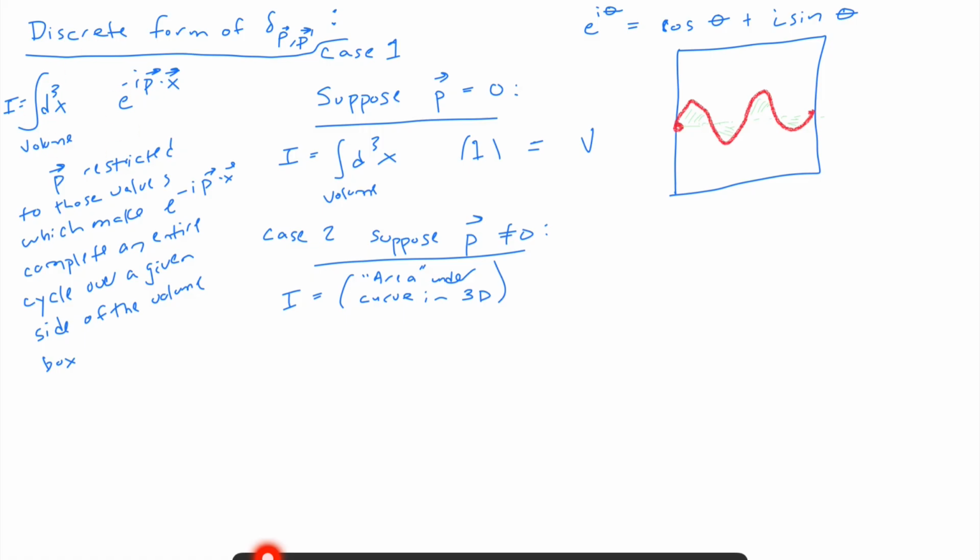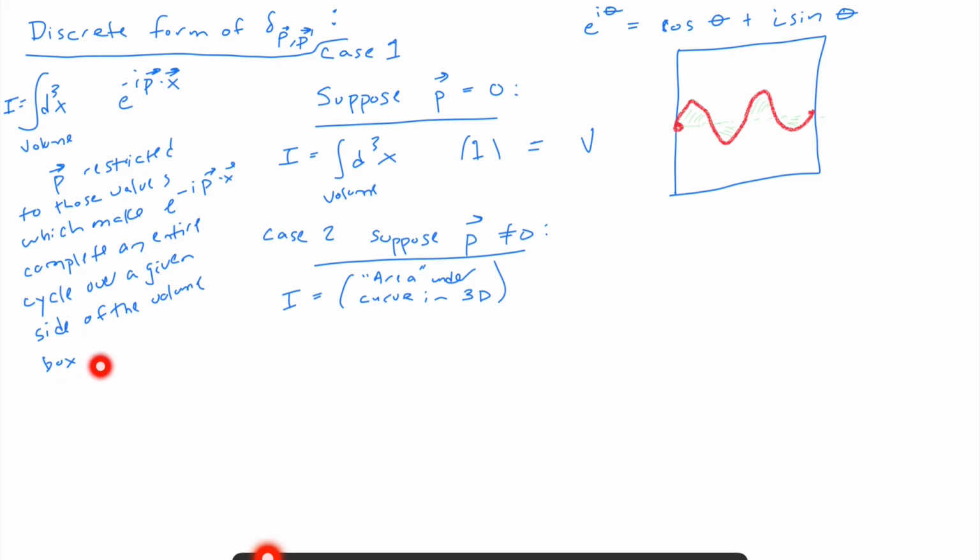Let's say case 2 for this integral, that p is not equal to 0. Well, then the integral is essentially, quote unquote, the area under the curve. I won't get into this in 3 dimensions, but it's a natural extrapolation, I think. In 1 dimension, we're restricting p to those p values that cause e to the ipx to complete an